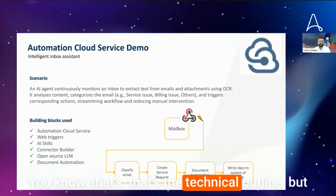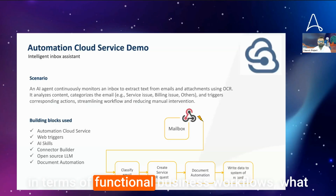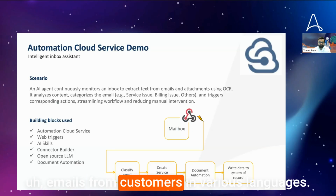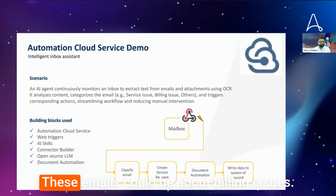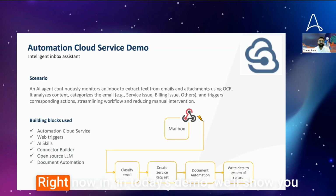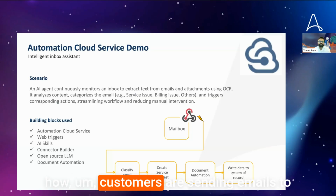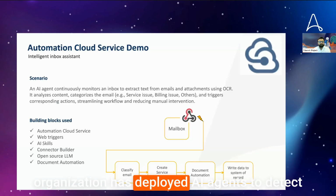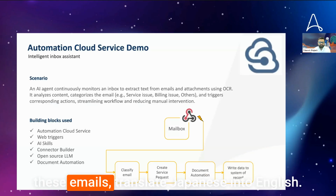That's the technical outline. But in terms of functional business workflows, imagine a company that receives emails from customers in various languages. These emails could be about billing issues, service issues, or product issues, etc. Now, in today's demo, we'll show you how customers are sending emails to an organization in Japanese, and how the organization has deployed AI agents to detect these emails,